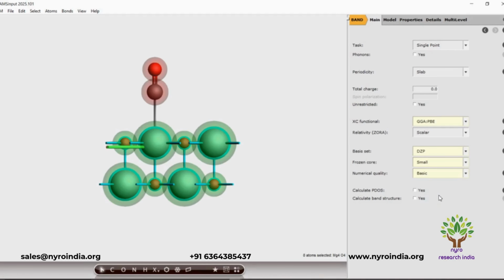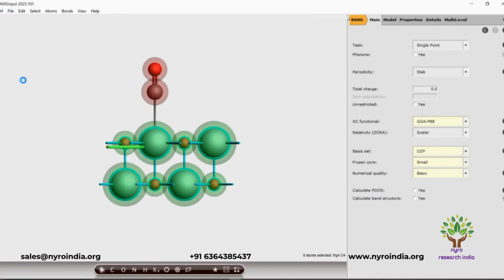This is just to make the calculation a little faster while still producing a good result. And now we can see the input: the single point energy calculation has been set up, everything is ready, and now we will save it